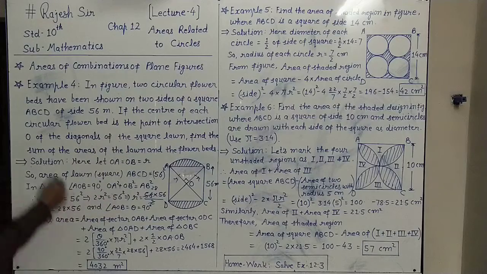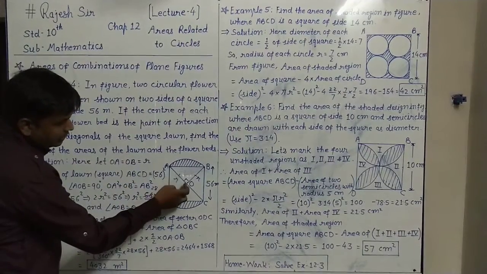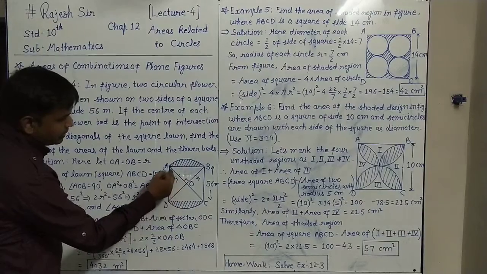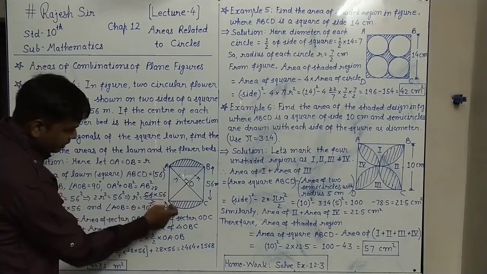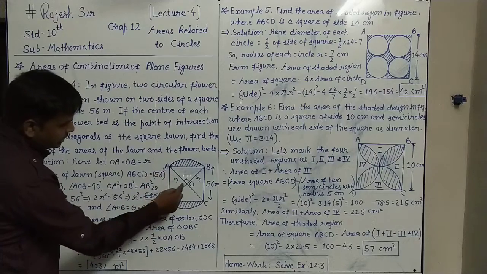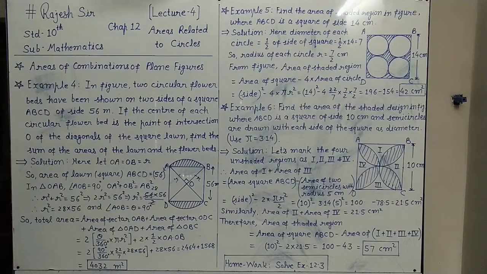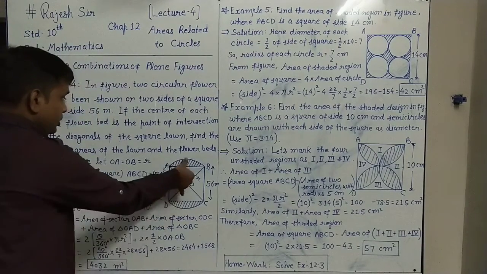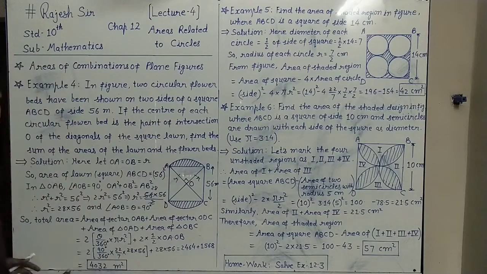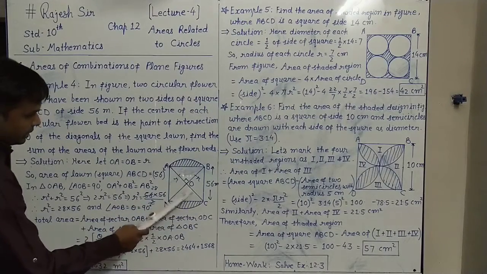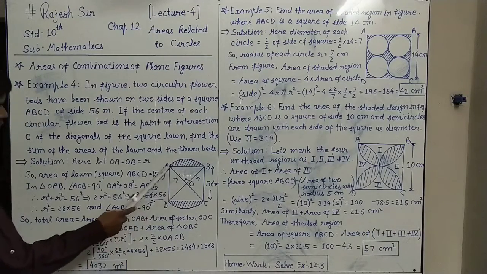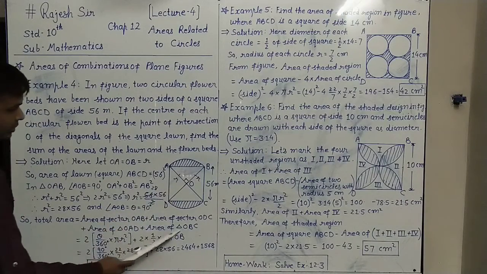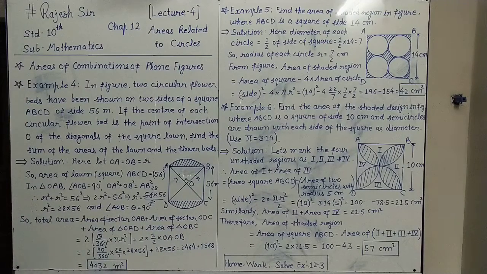So if you want to find the total area from the sector point of view, it is the area of the sector OAB plus area of sector ODC plus area of triangle OAD plus area of triangle OBC. Everything we have added, all four parts: two sectors and two triangles. The total area is the area of the upper sector OAB, plus the downside sector ODC, plus the left side triangle OAD, plus the right side triangle OBC. And one more thing is obvious here.